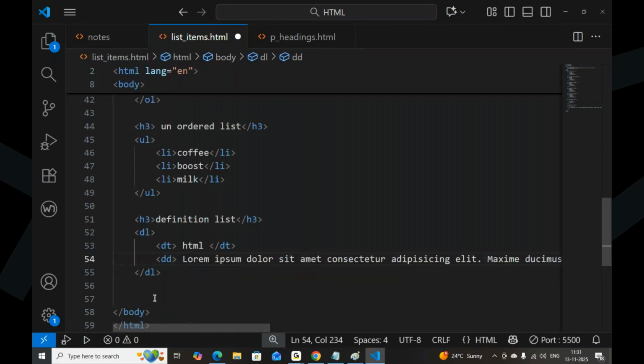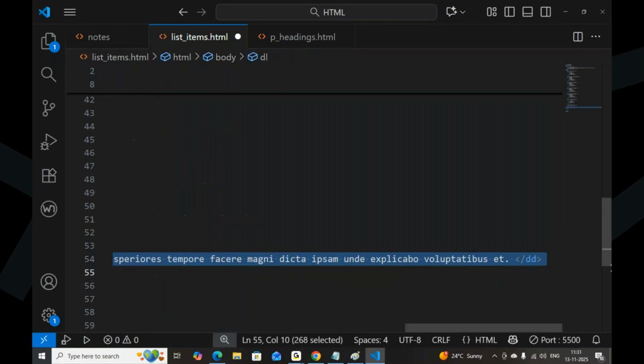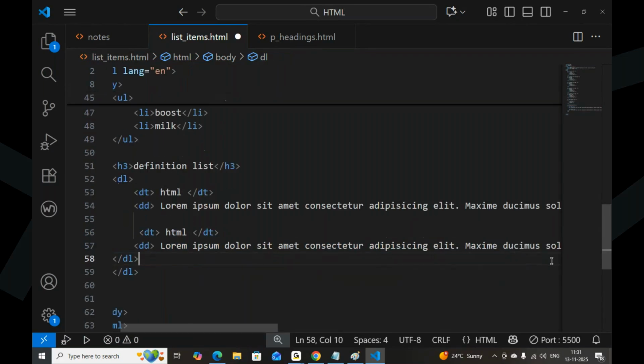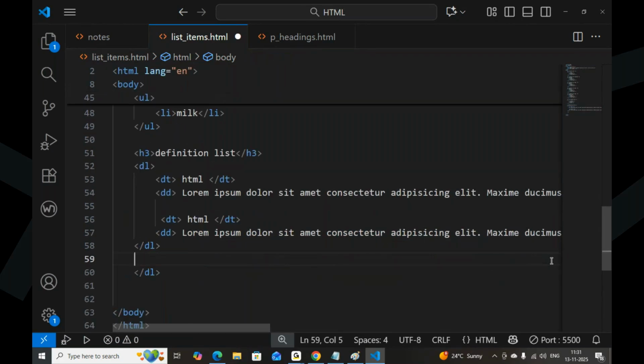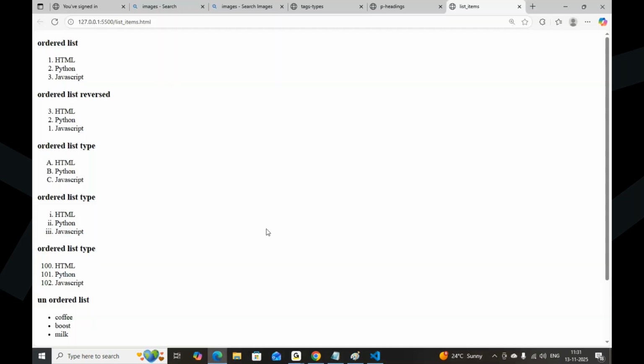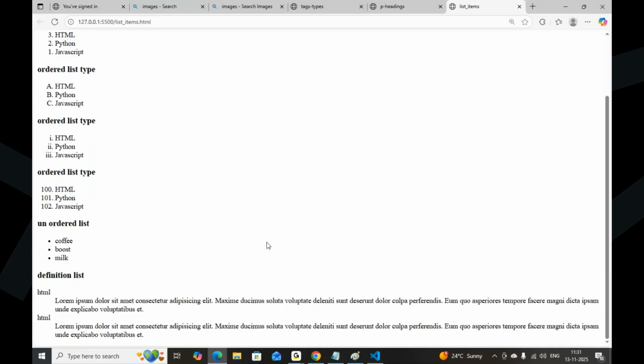You can copy this and take one more definition. Multiple definitions you can see. You can edit the things later. See the definition list at the bottom. You have the definition title and definition data. This is about list items in HTML.